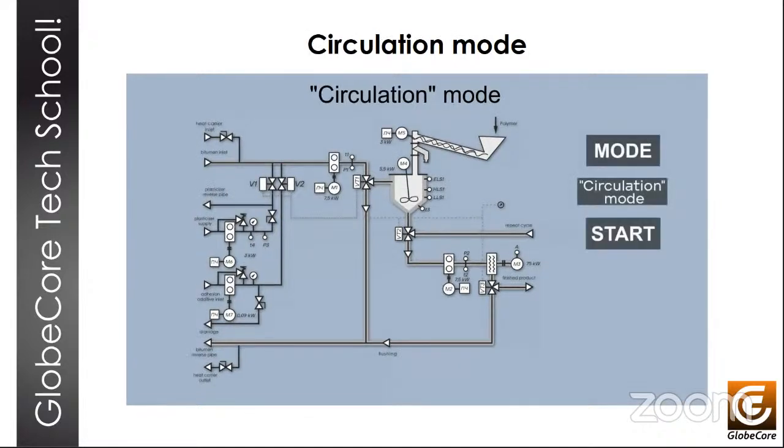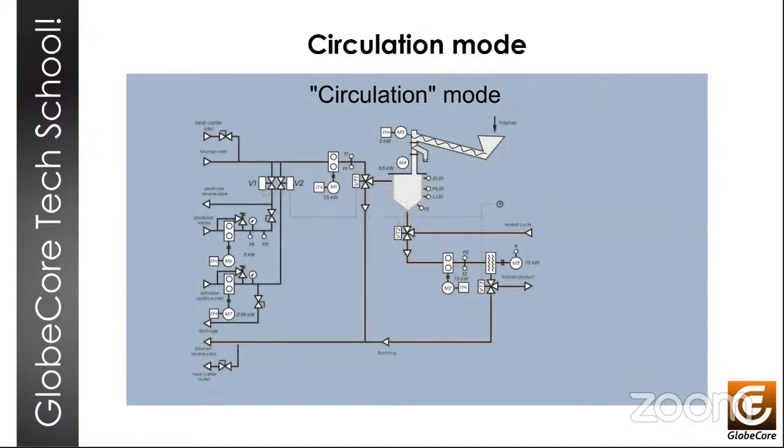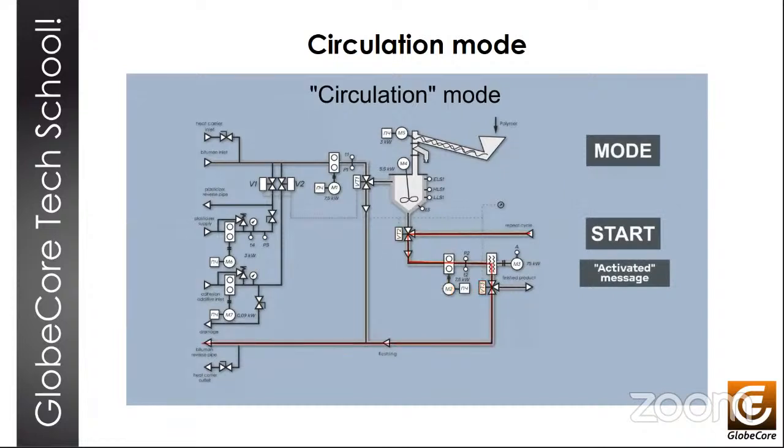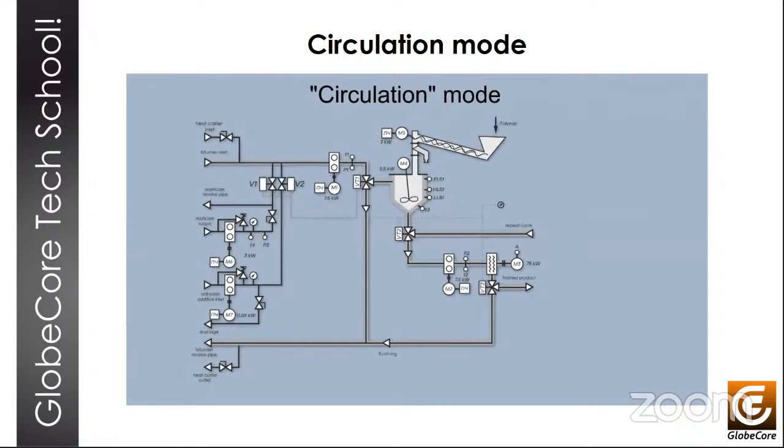This is the circulation mode, and it's used when it's necessary to run the polymer modified bitumen from the finished product tank once again through the mill. Selecting the circulation mode using the mode button, you can press the start button, and pneumatic valve VT2 switches to the repeat cycle position. The pneumatic valve VT3 switches to the position of supply of bitumen to the return line,